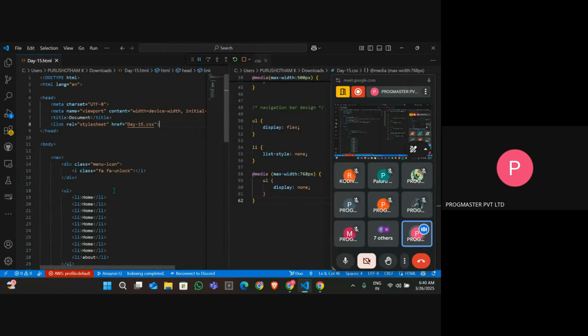Similarly for these fonts also, if you want to use any external font or external icons, we need to install or link those libraries in our website. Then only those libraries